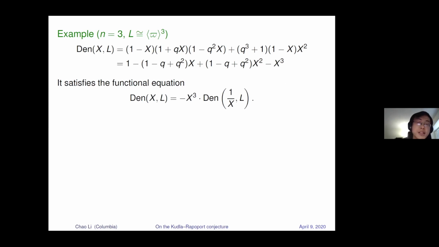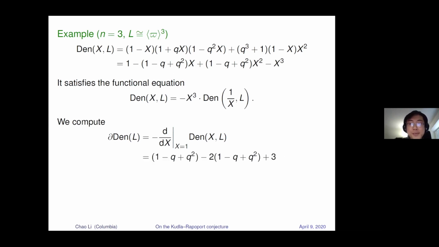Okay, so in this case, it's meaningful to talk about the central derivative of this local density. But I have this cubic polynomial. I just compute its central derivative at x equals 1, which you can probably assign to your calculus students to do in their midterm. Okay, so you get this number, and if you simplify it, you get the same number